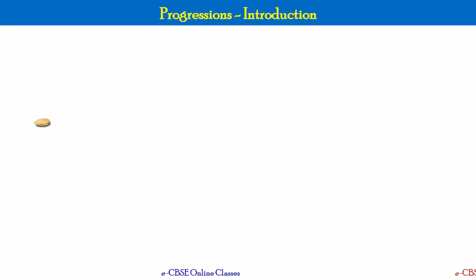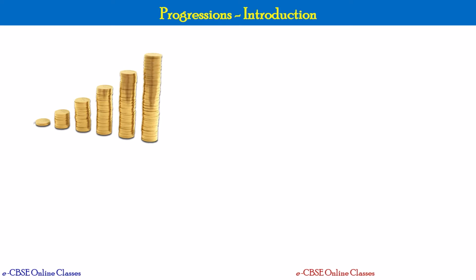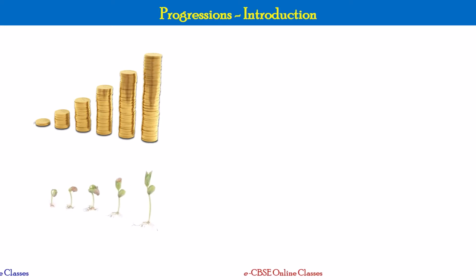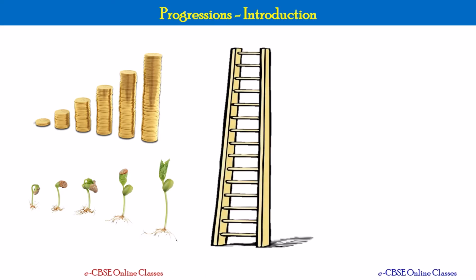Let's say you have some initial savings and kept on adding to it every month. So your savings will keep on growing. There is a pattern here. Similarly, when you notice growth of a plant in your backyard, again there will be a pattern. And another common example, a ladder like this, which is wider at the bottom and thinner at the top. If you notice the length of each step as you go from bottom to top, there is a pattern in